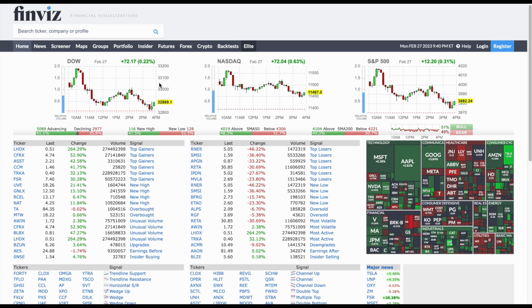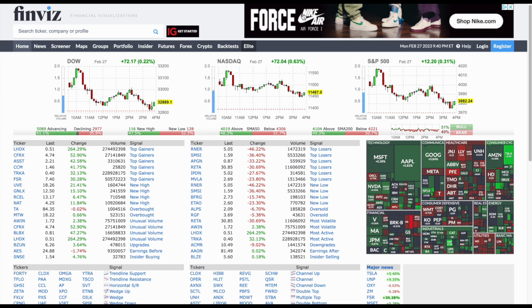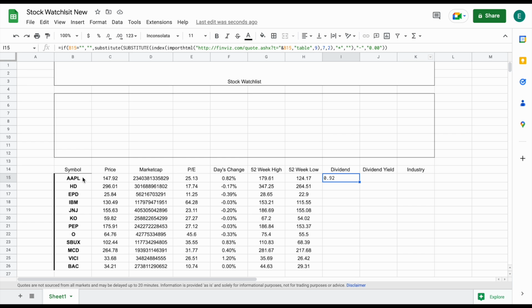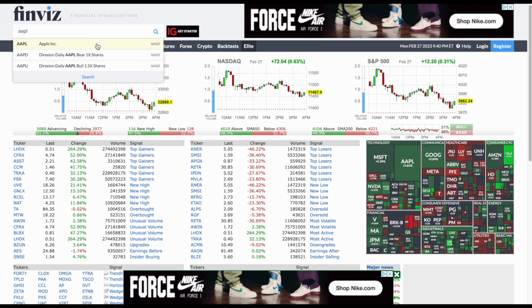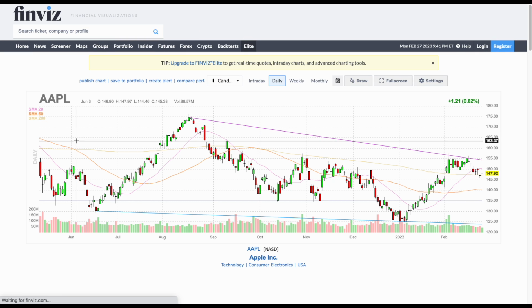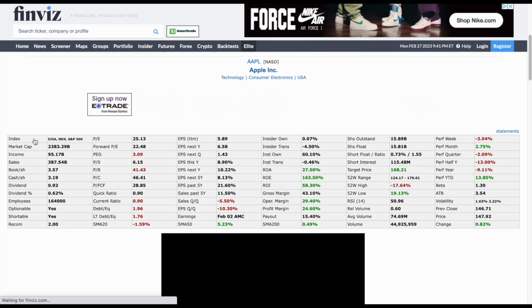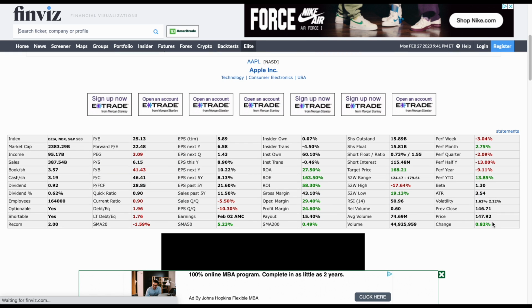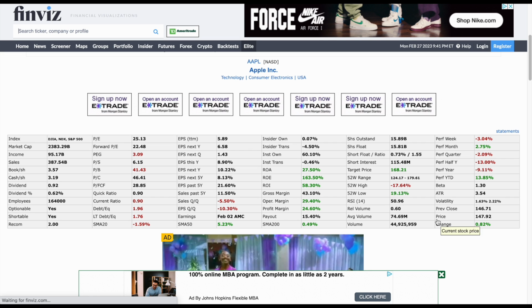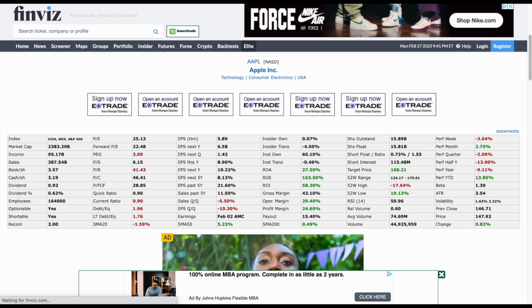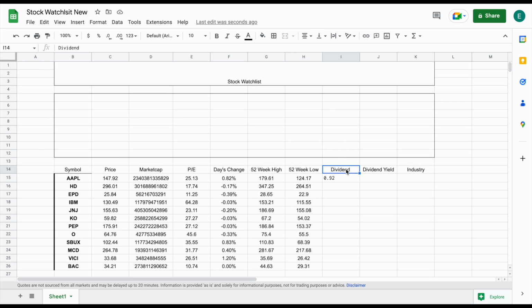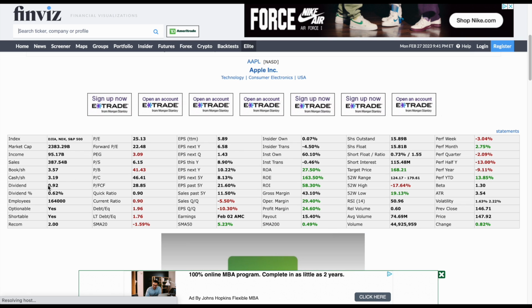So essentially what we're doing is we're pulling this data from a website called FinViz. So let's say it looks like Apple's first on our watch list. Let's go ahead and come back over here. We will plug in Apple right here and search for it on this website. And if we scroll down, you can see we have a table with a bunch of stock financial data. And essentially what we're doing is we're web scraping some certain elements from this table into our spreadsheet. So again, we're looking for the dividend payout. We can see for Apple, it's 92 cents. And if we come right here, you can see this data right here is what we're trying to web scrape